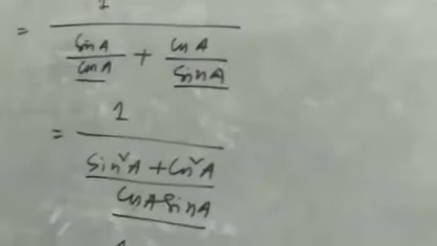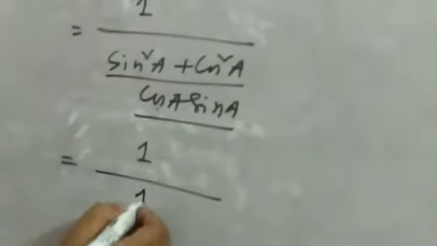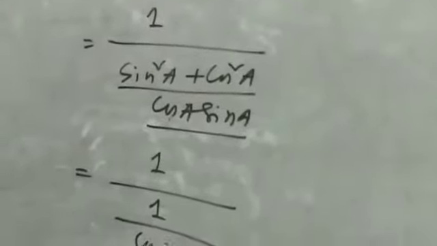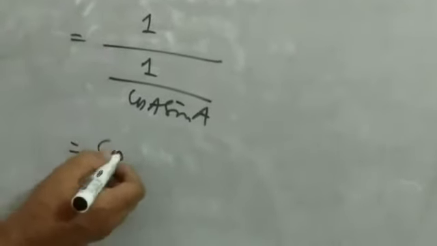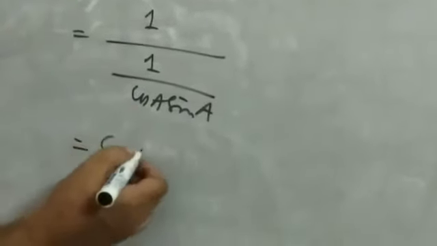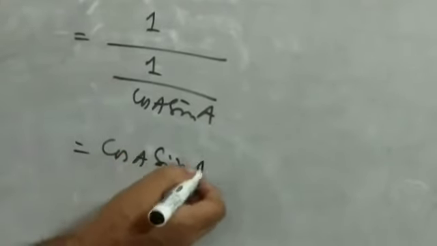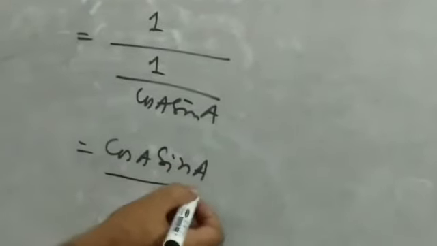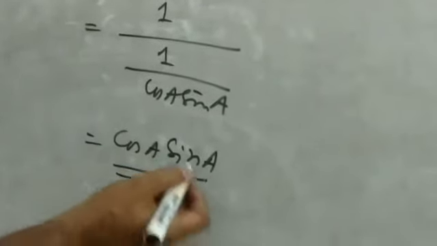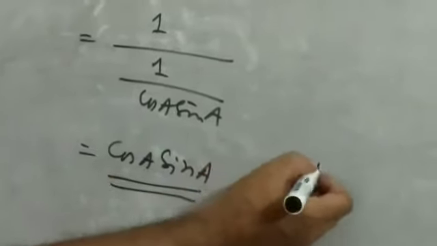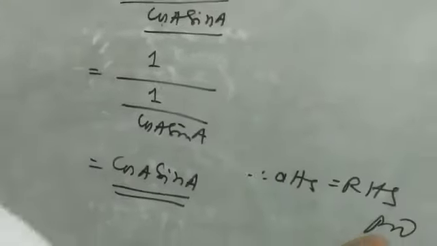Now next line you see sin square plus cos square, we can write 1. So 1 divided by cos A sin A. You got it? So now if we change it, that divides and if we multiply, then this term will go in the numerator place. So it means cos A into sin A. So again we got this cos A into sin A. Left hand side we got already this term cos A into sin A. Right hand side also we got cos A into sin A. So therefore we can write that left hand side is equal to right hand side, it is proved.